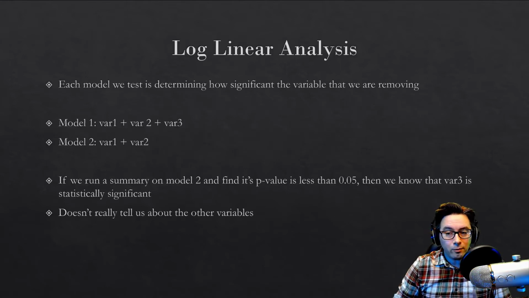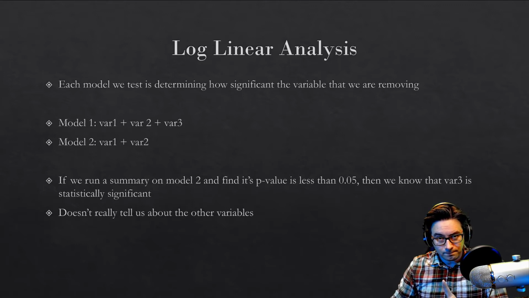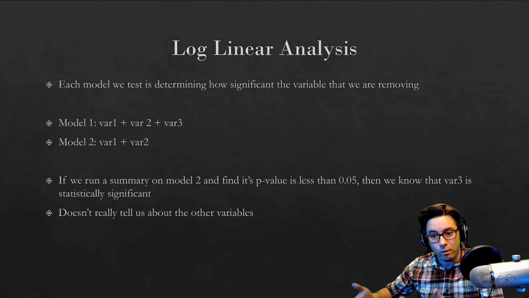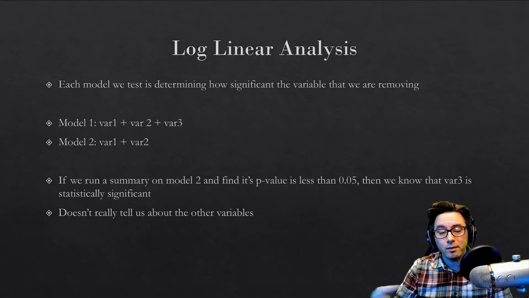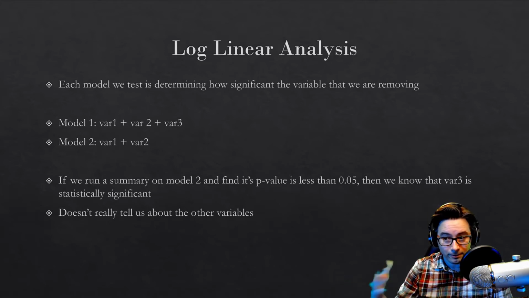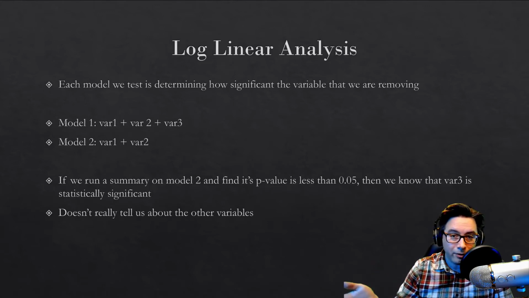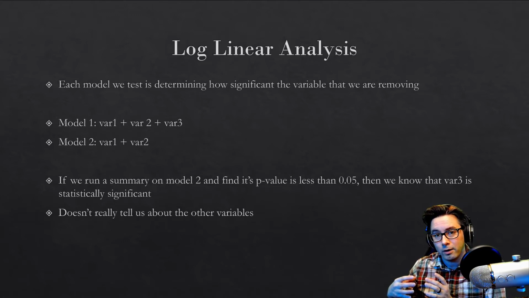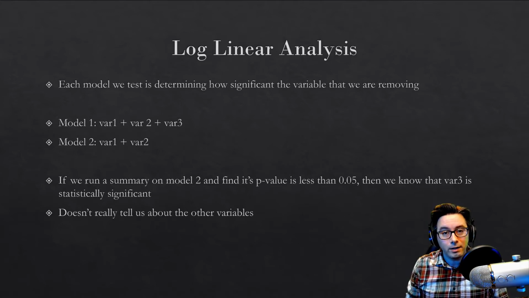So again, each model we test during our summaries is determining how significant the variables that we are removing are, right? So remember, when we went from model 1 to model 2, we removed that variable 3. And if it was significant, then we liked model 1. If it's not, then we keep on going. And remember, when I say significance, we're talking about the p-value, and that it's less than 0.05. So if it's less than 0.05, it's statistically significant. Otherwise, we keep on going. Now, the thing is it doesn't really tell us that the variables have a relationship, so we need to do further tests. But again, remember, log linear analysis